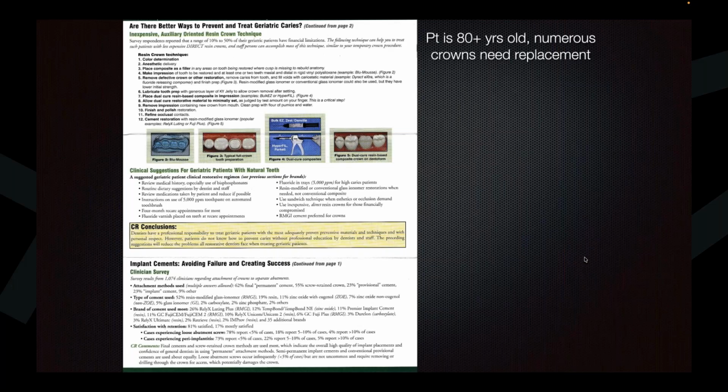So here is what we call the geezer crown. This is from Gordon. So the scenario is 80-year-old patient needs numerous crowns, can't afford it. He's got no history or he's got no insurance. It's just a perfect storm. So you can see what Gordon is doing there. He's making a matrix, and then he's prepping the tooth, then he's filling the matrix with either Bulk Easy at that time or Hyperfill, and he's seating it on there and then carefully teasing it off.